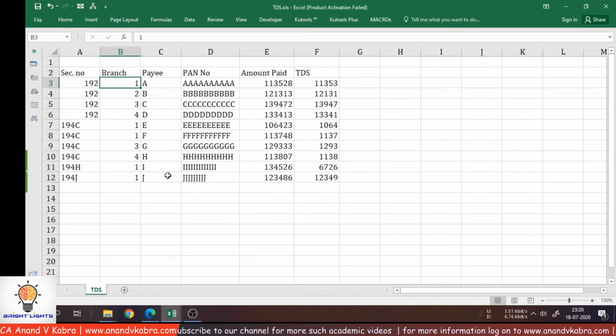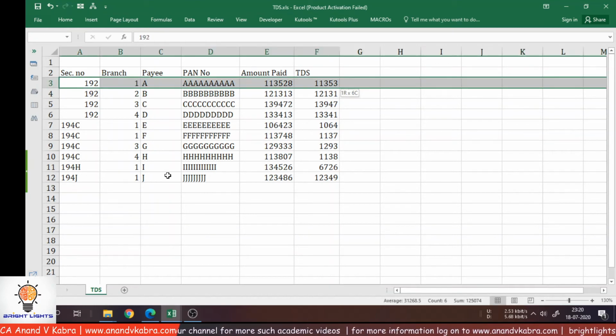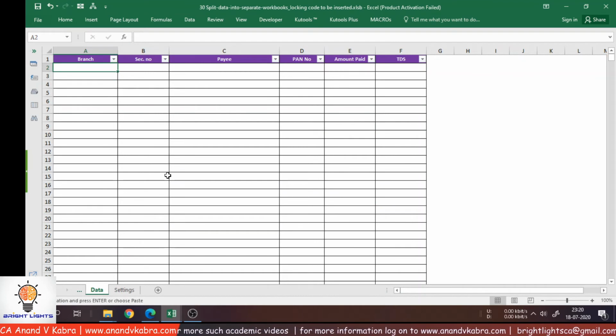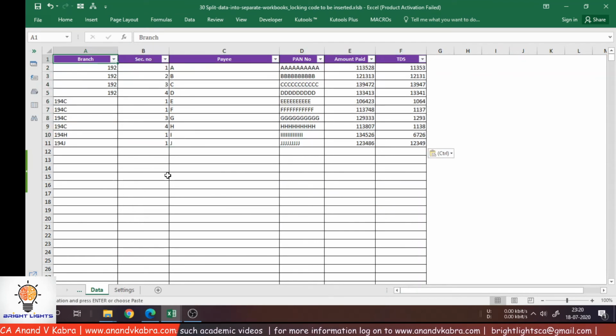Now the files I am going to create are branch wise. Again, selecting the data, we'll copy paste into the tool with paste special values. I'll change the headings. Let's see what happens.